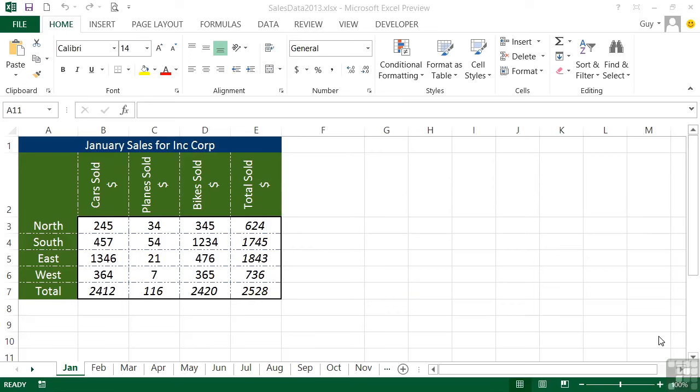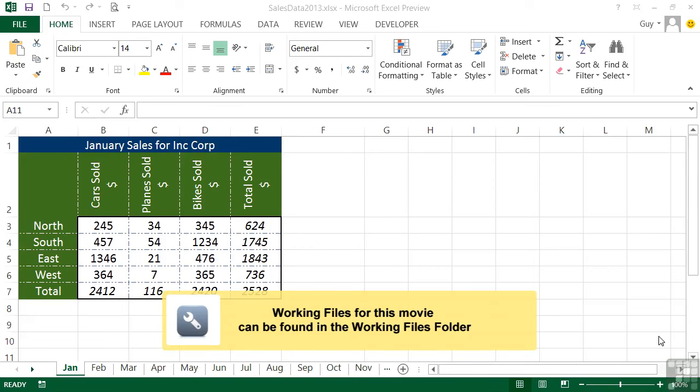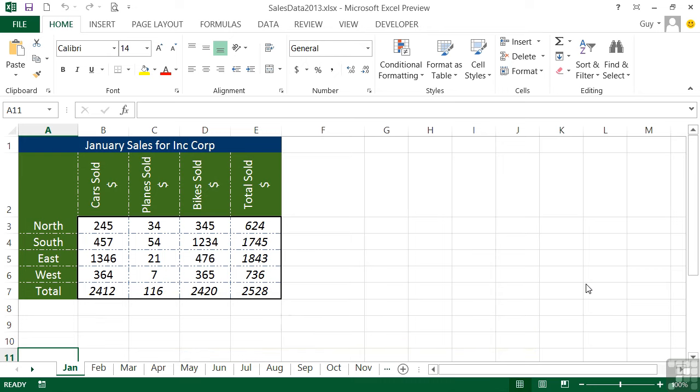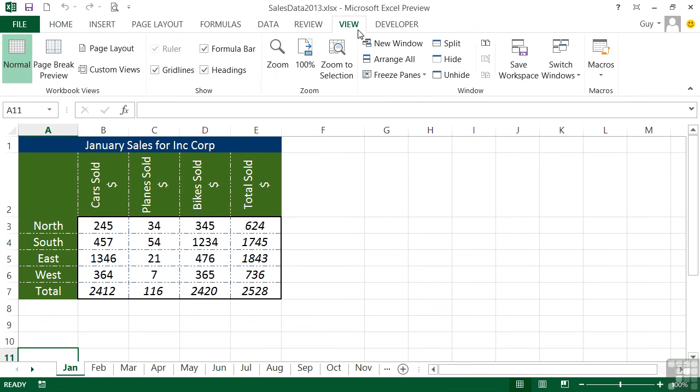If we have more than one workbook open at any one time, then we can move between those workbooks using Control-Tab. So if we're here in Sales Data 2013 and I have open Sales Data 2014, then Control-Tab will move between the two files. On the View ribbon, you'll see an option over to the right called Switch Windows, and if we click the drop down, that will list all the open workbooks. So we can use this to switch windows, hence the name. Instead of using the keyboard shortcut of Control-Tab or Control-F6, you can simply go to View, Switch Windows, and